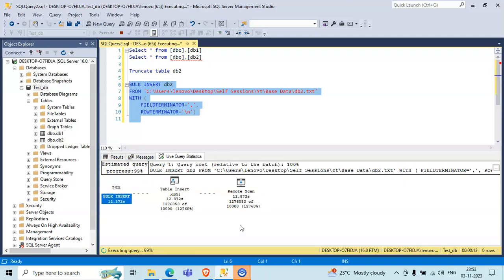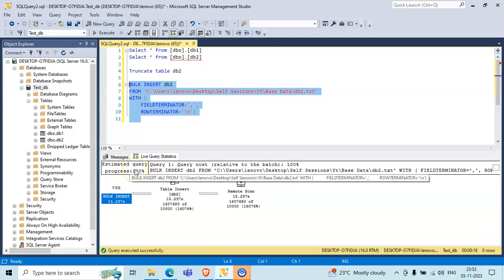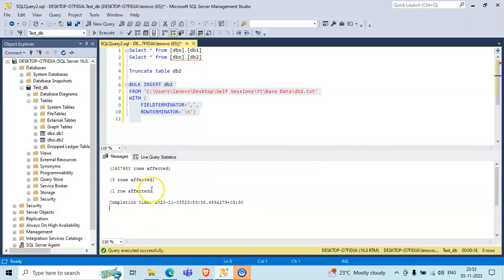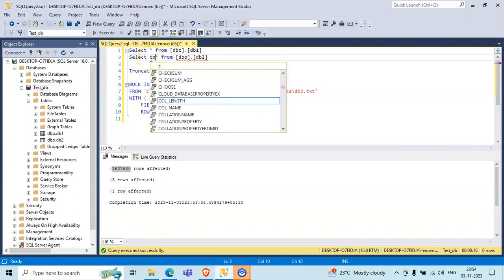This is used in corporate life where you are doing a very large amount of transactions and someone asks how much is done. You can tell the exact percentage using live query statistics. I will explain all these things in the execution techniques too. Now you can see the number of rows is 1 crore 60 lakh. So this much data is very easily imported into